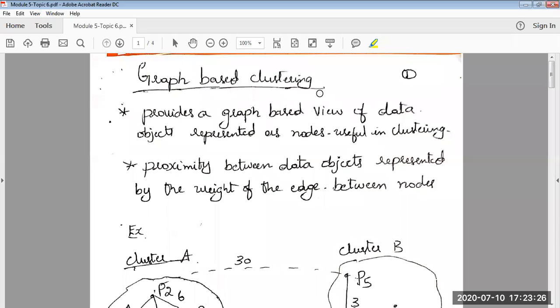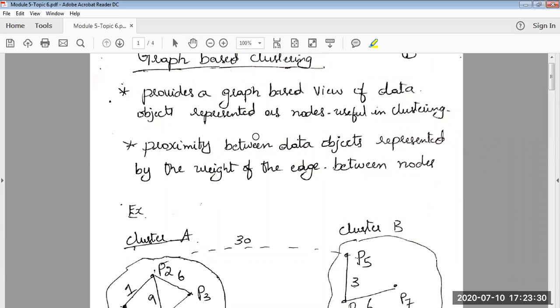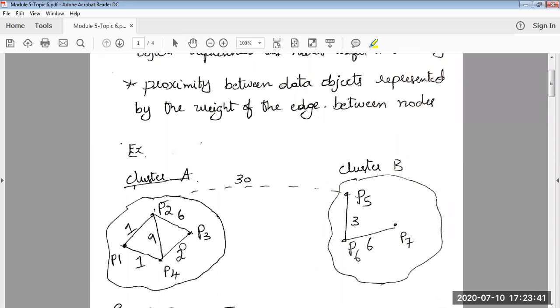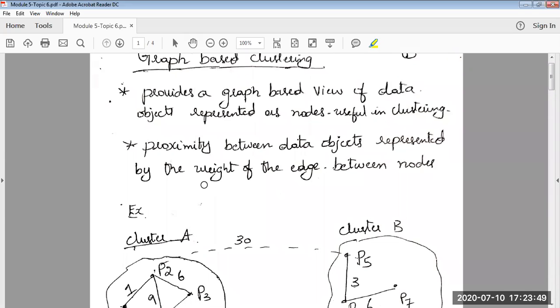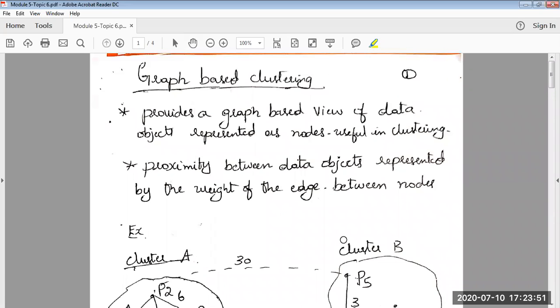So today we will be discussing graph-based clustering. So what is a graph and how can a graph be used to create clusters? We had already explored this in the previous sessions. A graph is a collection of nodes and edges with weights assigned on the edges. We had seen that in the previous algorithms, previous discussions. So you can see here how exactly a graph can be used to create clusters.